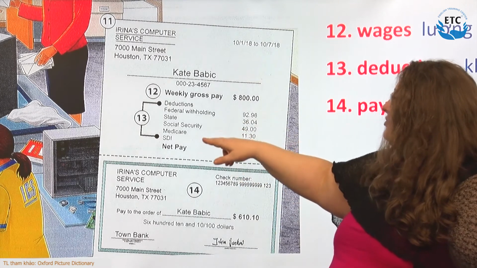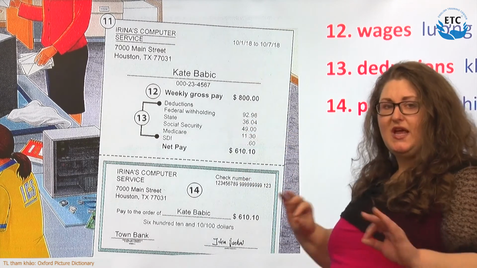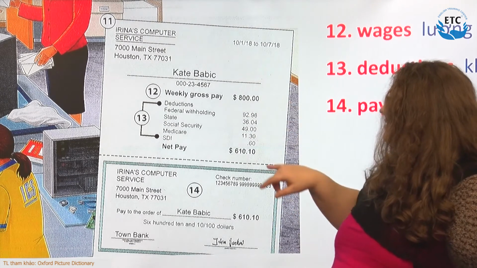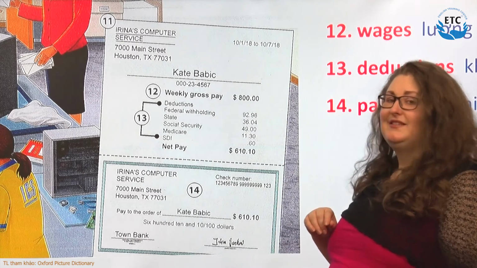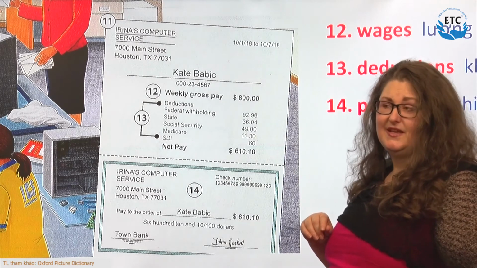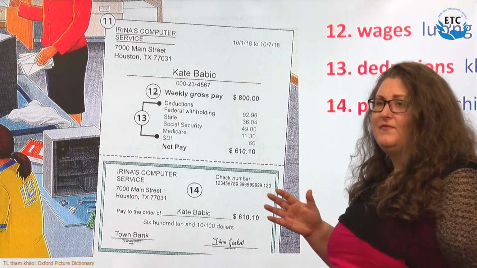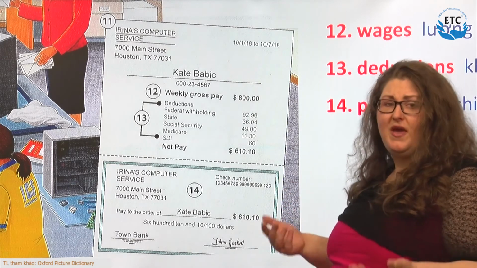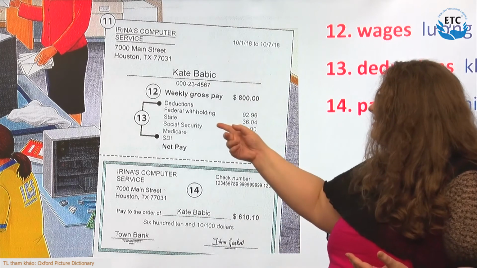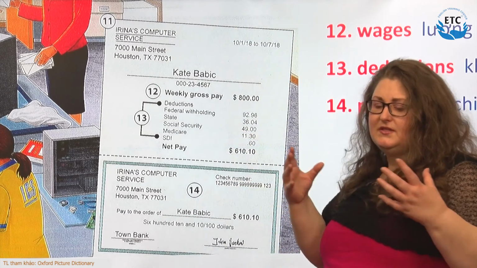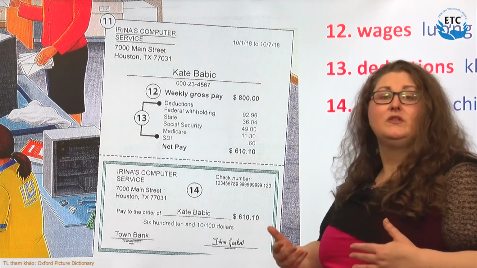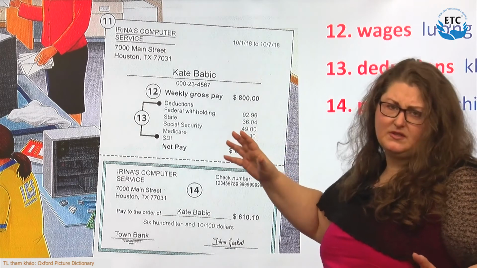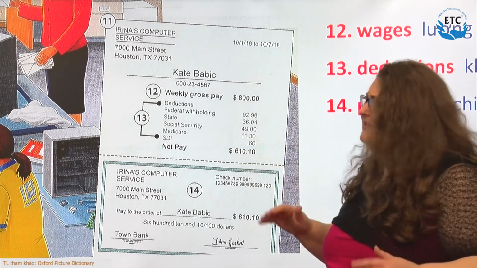So after all of these deductions are taken out of your salary, he made $800, but he is left with $610.10. It's pretty common in America for them to withhold about 20 to 25% of your check to pay for taxes. This Social Security thing here is something you'll be given once you retire. So it's kind of a little bit of a small savings account. You could call it similar, but different.